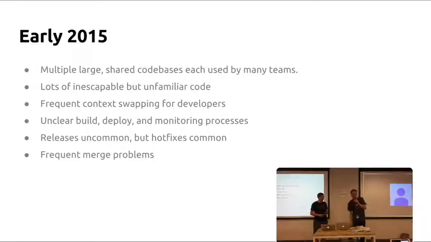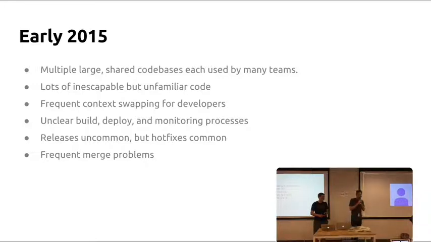Another consequence of monolithic code bases is that everybody focuses on their little piece, but nobody knows the whole thing. There's a couple of people who have a lot of familiarity with the deeper pieces of it, like Nathaniel was our resident expert at everything. But most people aren't Nathaniel and don't know what most of the code is. They focus on their little piece, but because it's a monolith, they get drawn into code that they don't understand, spend a lot of time reading code that they're trying to figure out, but that affects them in some way that they need to understand to get their job done. Tons and tons of context swapping between code you understand and code that you don't.